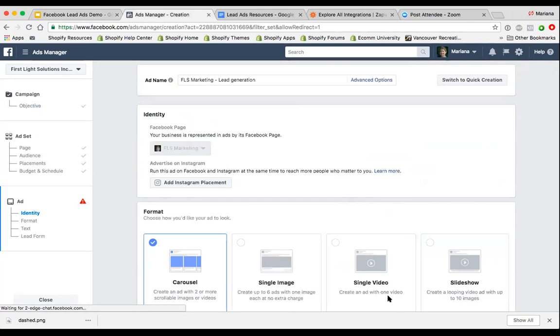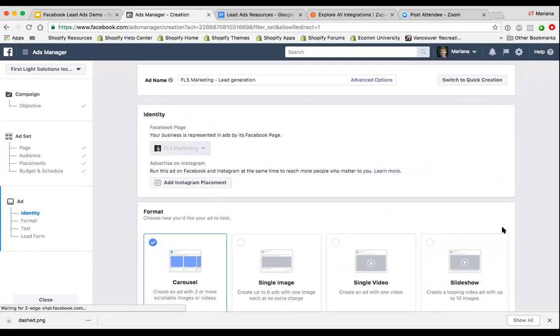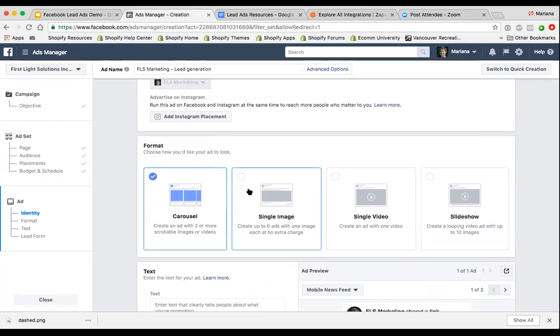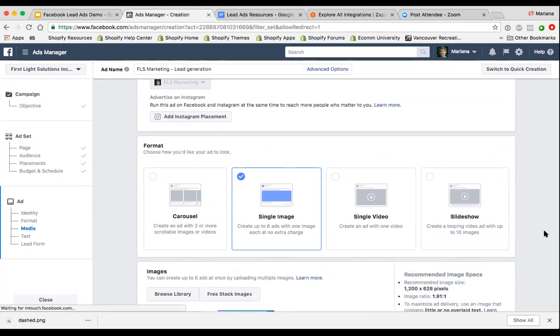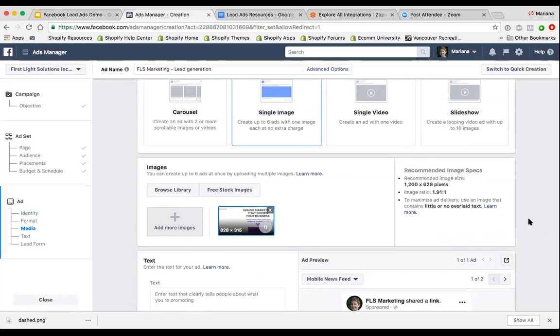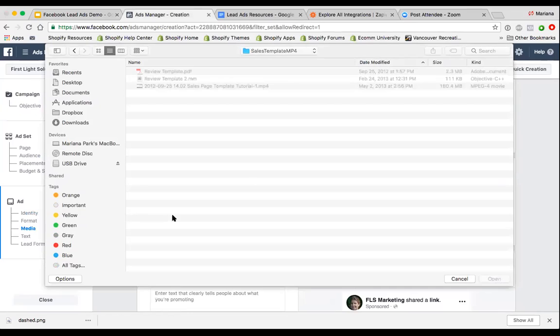Let's see. And here's where you get to choose the format. Carousel, you can have up to 5 images, I believe. I've never run a carousel ad, but they would be really good if you have lots of images, if it's a very visual-based business. Single image, we're going to do single image. I'm going to remove this because I'm not going to use that image. I'm going to upload the image. I already created it